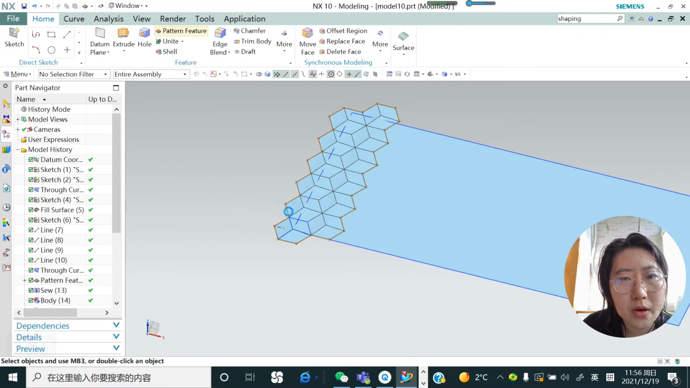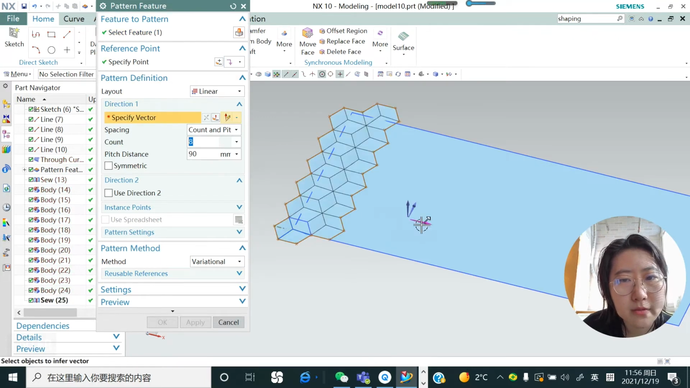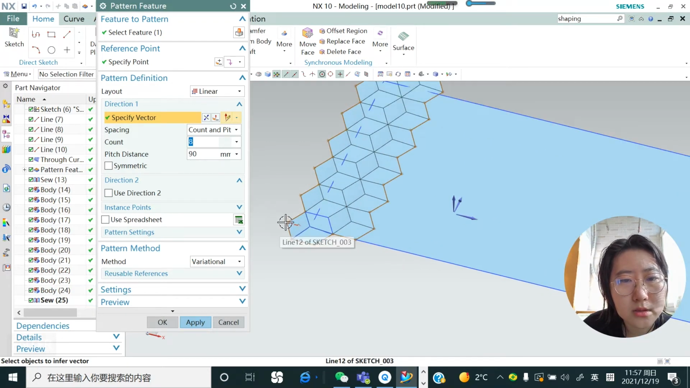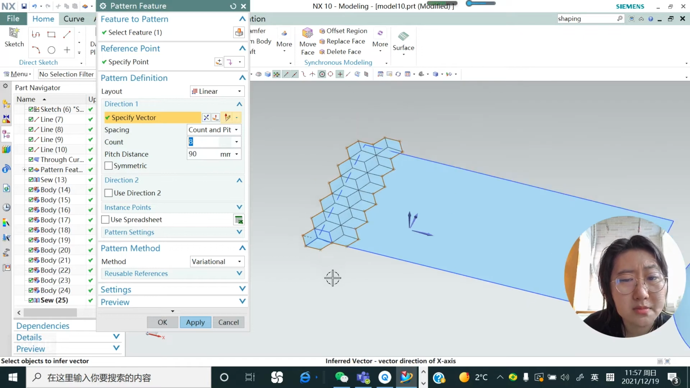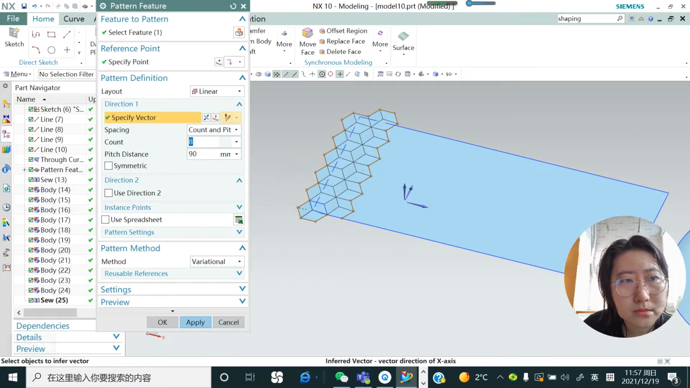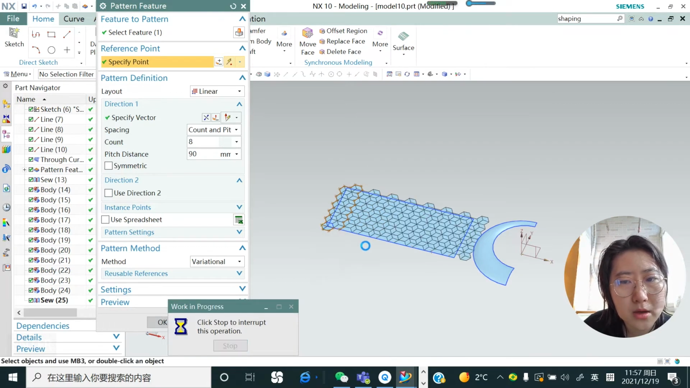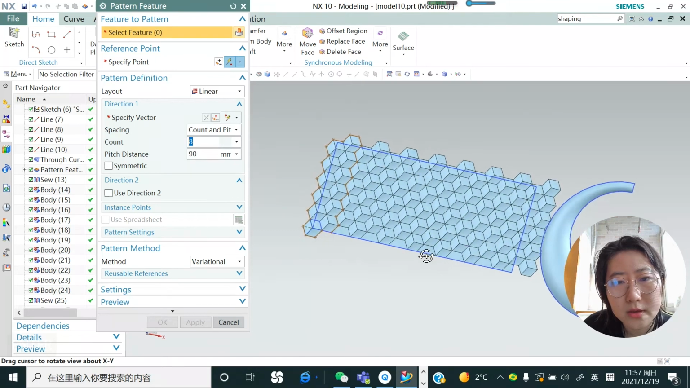Next, I'm going to use the extrude feature. I click this sheet and specify vector, click here, and I calculated before the distance from this point to here is 90 millimeters. So specify vector into this direction, specified point. Let's just hit here. So kind of got this shape, right? Let's just hit apply, waiting for a while. You could get this generated